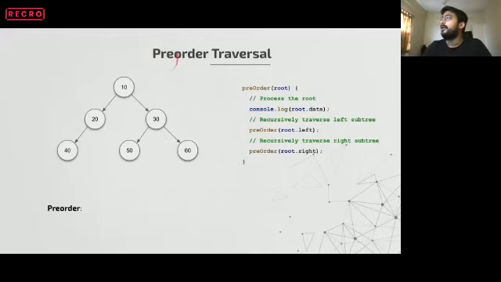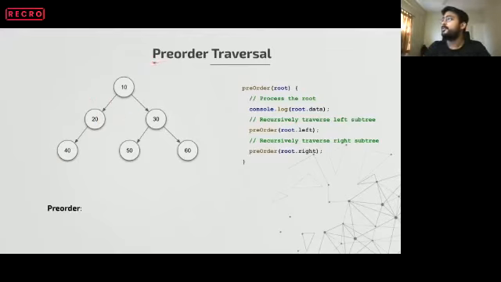When we define pre, you have to look in terms of root. Let's say we are starting with this, 10 is our root element, and we are saying pre-order. So we have to process root first. Pre means it will come first. When we say post-order, the root will come at the end. When we say in-order, we process the root in between: first we'll process the left child, then the root, then the right child. That is in-order.